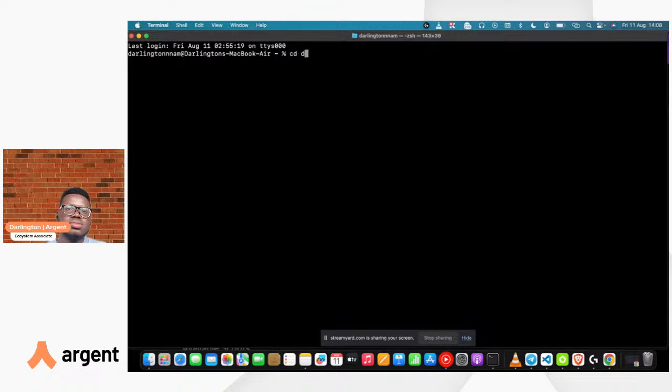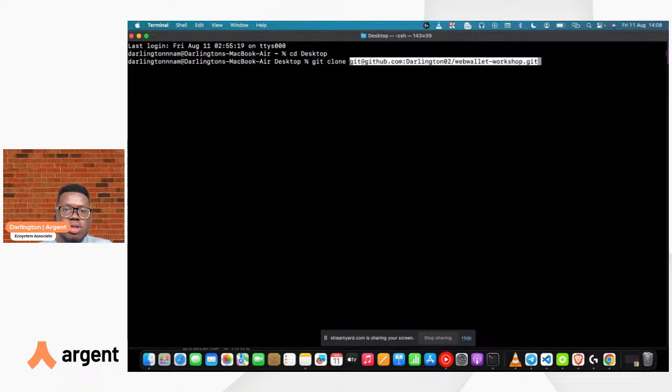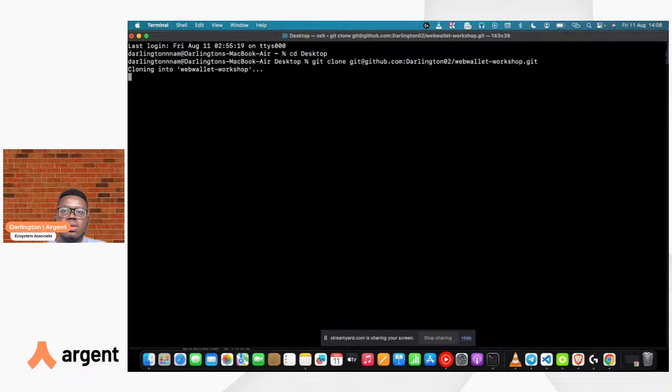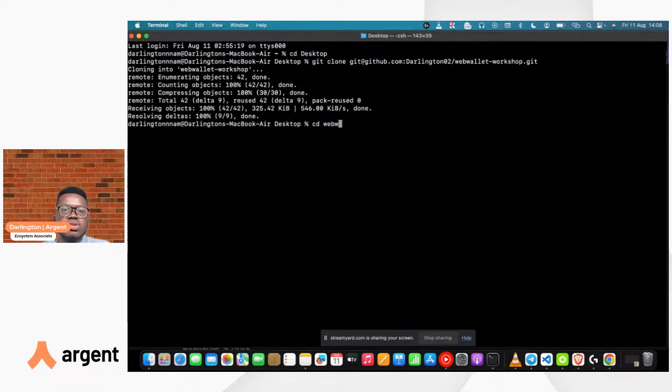All right, and I'm just going to run git clone to clone the boilerplate. All right, so we're just going to head into the Web Wallet Workshop repository, and I'm going to open this